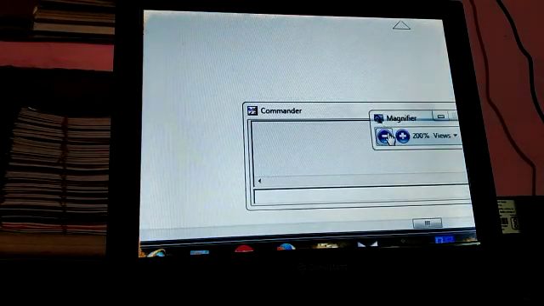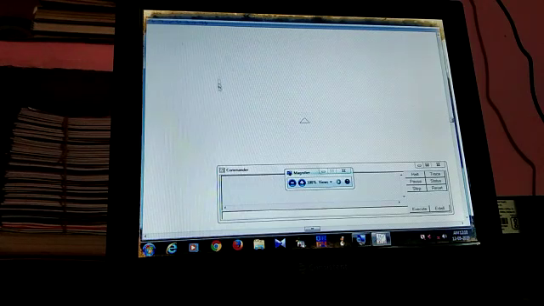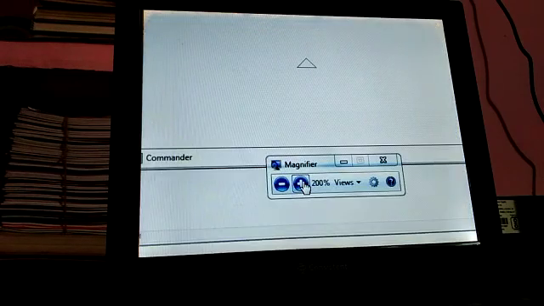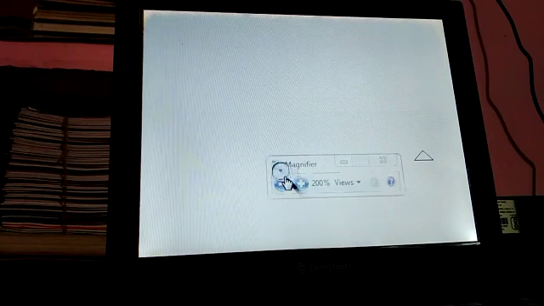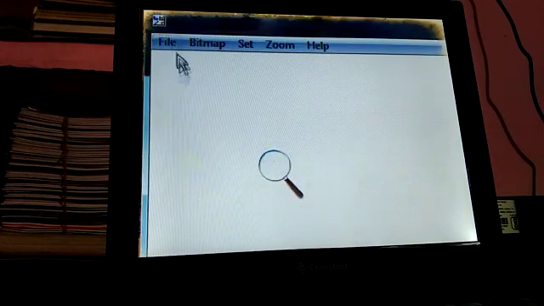So it is your MSW logo software window. The MSW logo screen on the top of the bar is called the title bar. Now look at here, MSW logo screen. What is this? It is the file. Again I enlarge. It is file, it is bitmap, it is set, zoom and help.